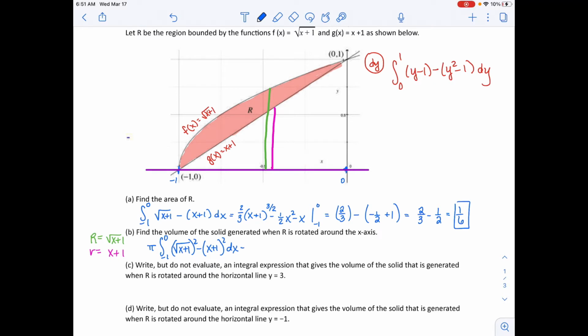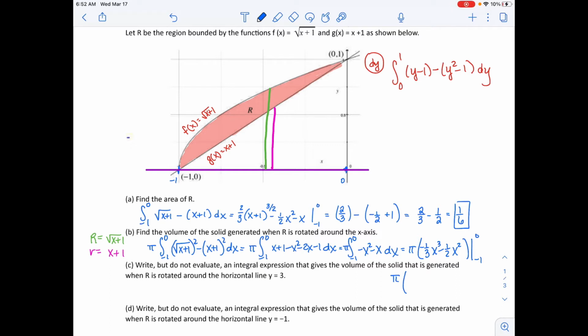And then we're going to calculate this one also, and then after this we're going to just set up but not solve. And so this is going to be pi, -1 to 0. We're going to have to multiply this out first. This will be x plus 1 minus x squared minus 2x minus 1 dx, which is pi times the integral of -1 to 0, negative x squared minus x, which is pi out front. Don't forget your pi. -1/3 x cubed minus 1/2 x squared from -1 to 0,